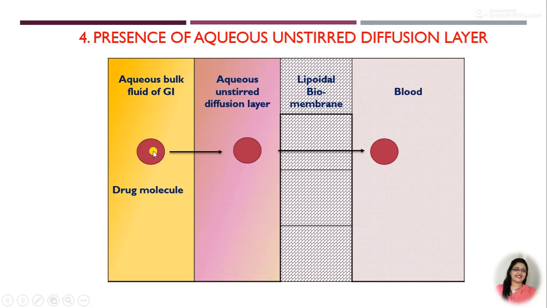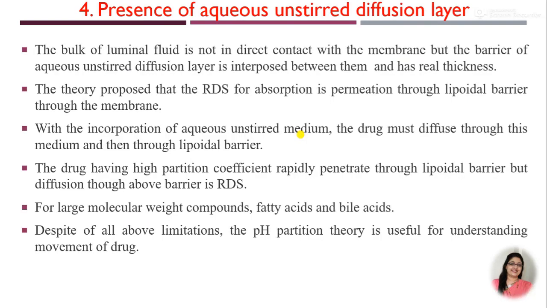So this drug molecule will directly not come in contact with the biomembrane, as in between the aqueous bulk fluid and the biomembrane there is one more layer which is called as aqueous unstirred diffusion layer, and this layer has a real thickness. So for the drug to penetrate the membrane, first it has to cross this aqueous unstirred diffusion layer, and thus